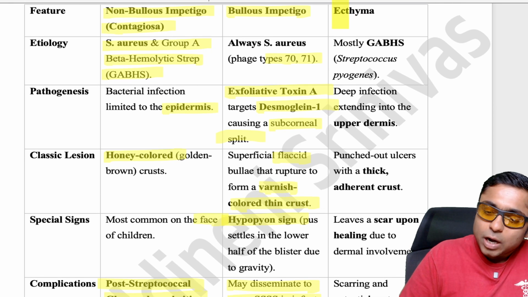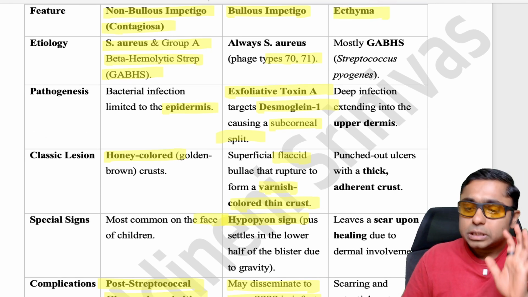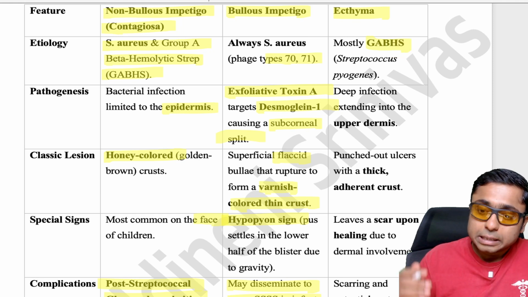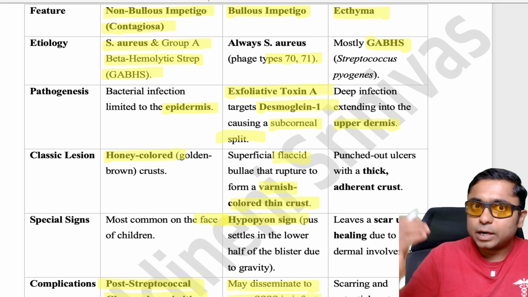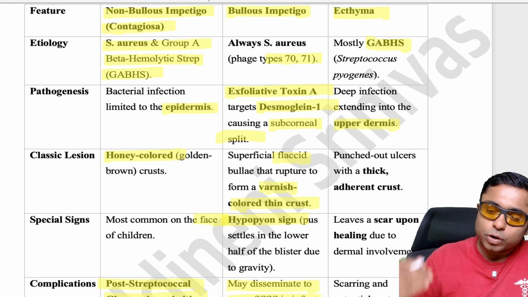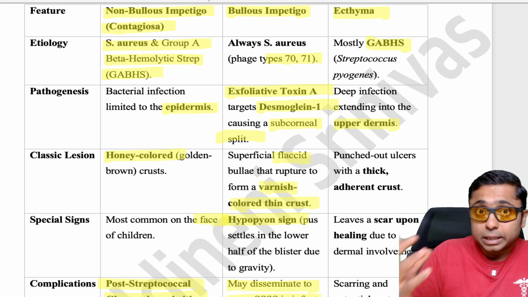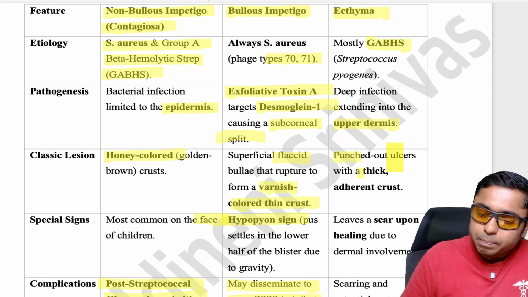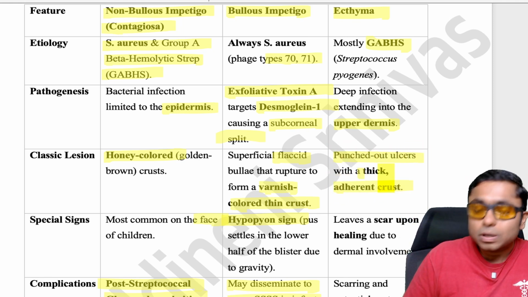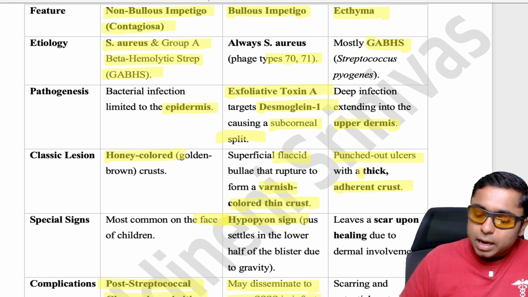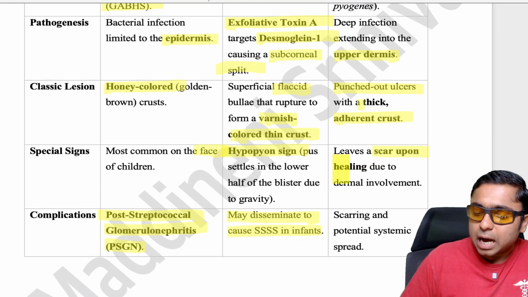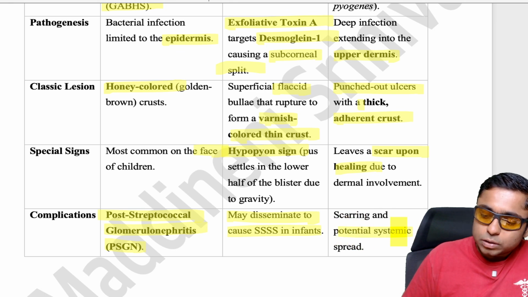and it may disseminate to produce the staphylococcal scalded skin syndrome in infants. Right now, coming to ecthyma, it is mostly due to streptococcus, and you can remember it's a deeper variant of impetigo where the involvement is present in the upper dermis, not only the epidermis. And you can see the patients having punched out ulcers, and also adherent crust will be there. It's a deep infection. A scar can form because of the dermis involvement,